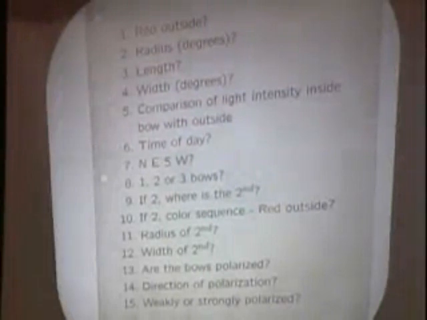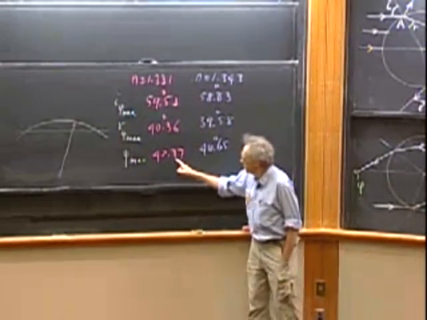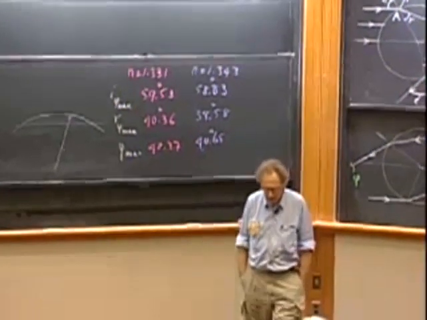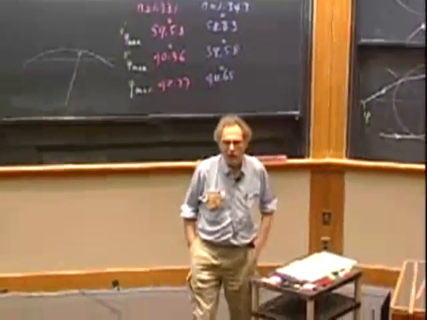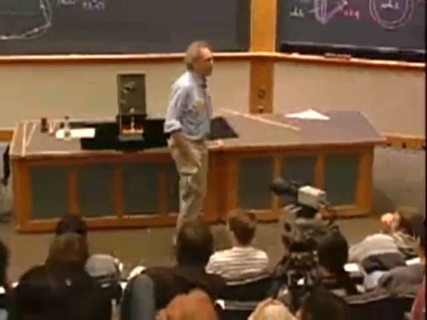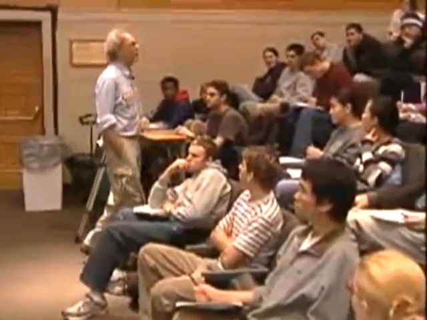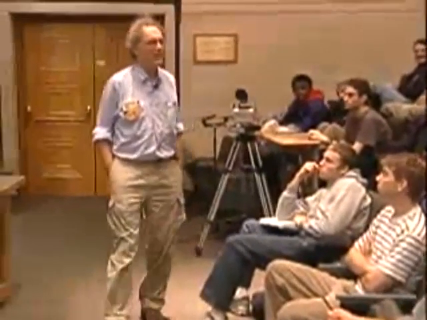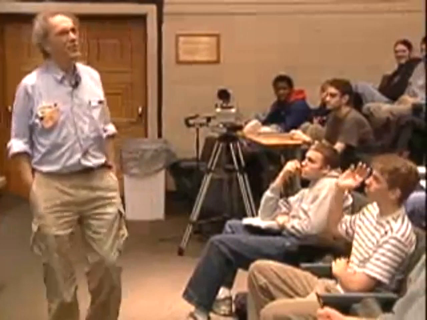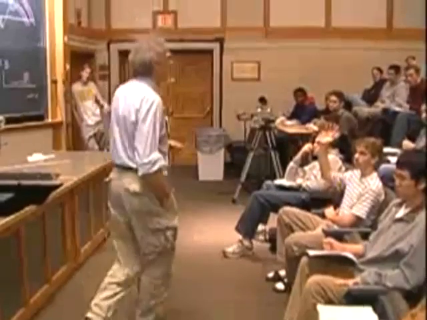And then the width of the bow. Ah, that's a good one. The width of the bow. You would think that the width of the bow is the difference between the two angles phi maximum. And that means that the width of the bow would then be 1.8 degrees. But that's not true. If there are any astronomers in my audience, you can probably tell me why you have to add to the 1.8 degrees half a degree. The actual width is closer to 2.3 degrees. Why is that? I see one hand. I want to see a few more hands. Any astronomers?